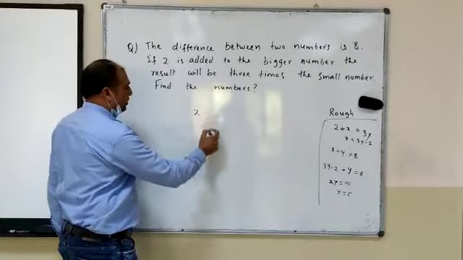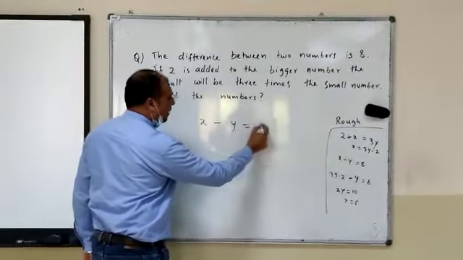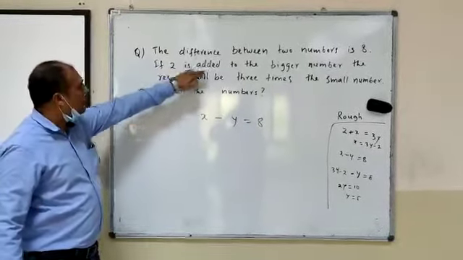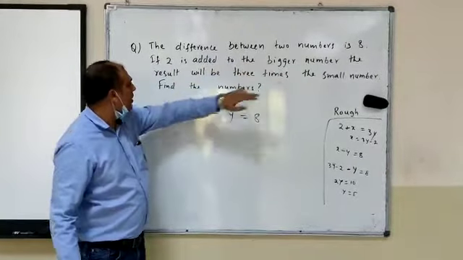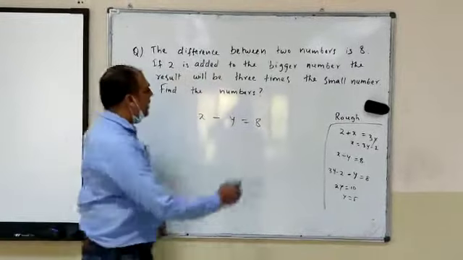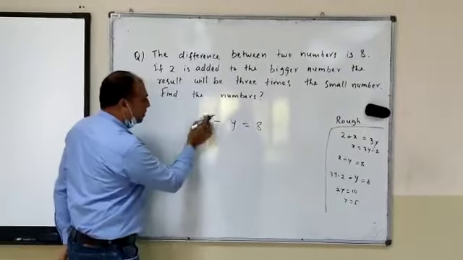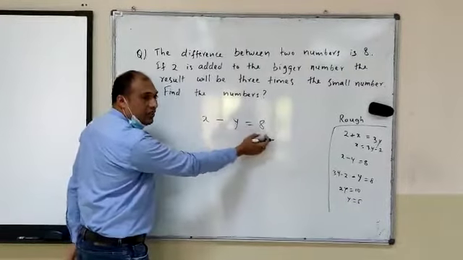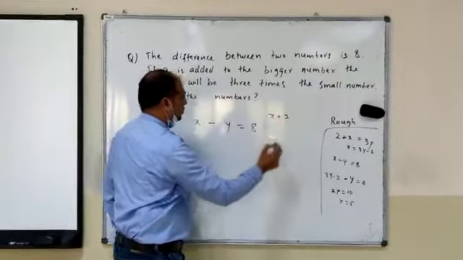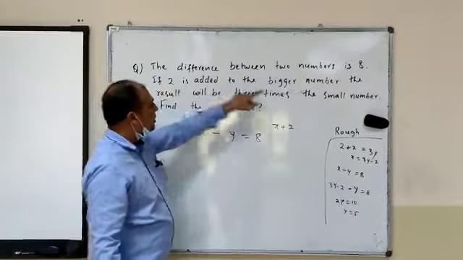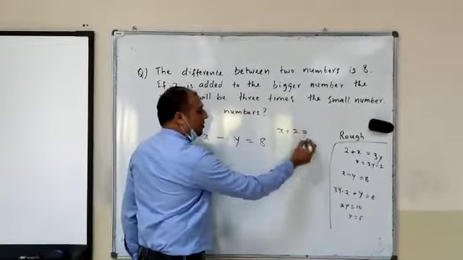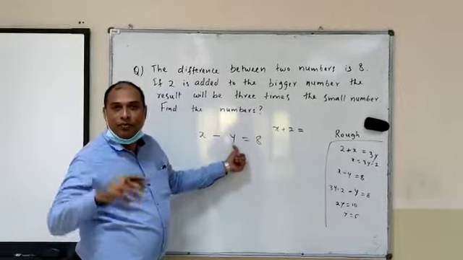So I am taking two numbers, x minus y equals 8. Second condition is, if 2 is added to the bigger number, the result will be 3 times the smaller number. I am supposing this number is bigger: bigger minus smaller is equal to 8. So if 2 is added, x plus 2, to this number I am adding 2, the result will be 3 times the smaller number. The result is equal to 3 times